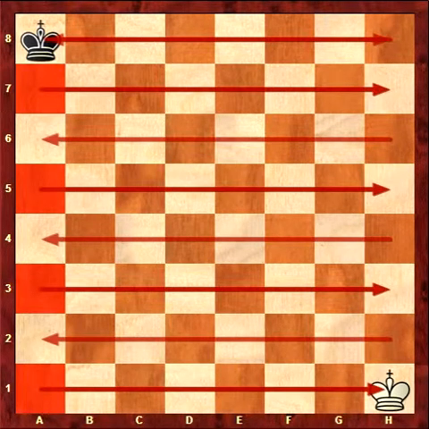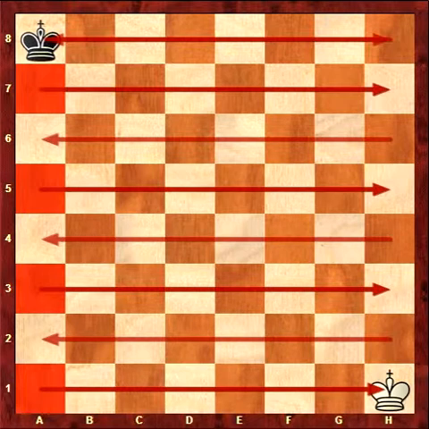Hey chess players, look at the red arrows going across the board. Well, those red arrows represent what we call ranks. So now, take a look at the numbers on the left side of the chessboard. You see it says number 1 going up 2, 3, 4, 5, 6, 7, 8. Now look at the number 7. That square is colored red. Look at the arrow going across. So that is known as the 7th rank.